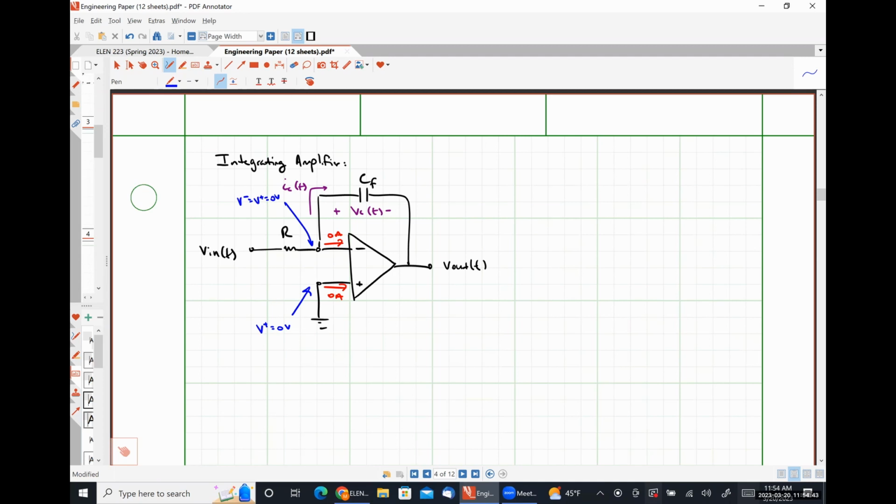And now we're going to apply Kirchhoff's current law, much like we did with the differentiator. We're going to say current flowing in is equal to current flowing out. So that's going to give us the relationship Vn minus 0 volts over R will be equal to IC of t. We're going to replace IC of t